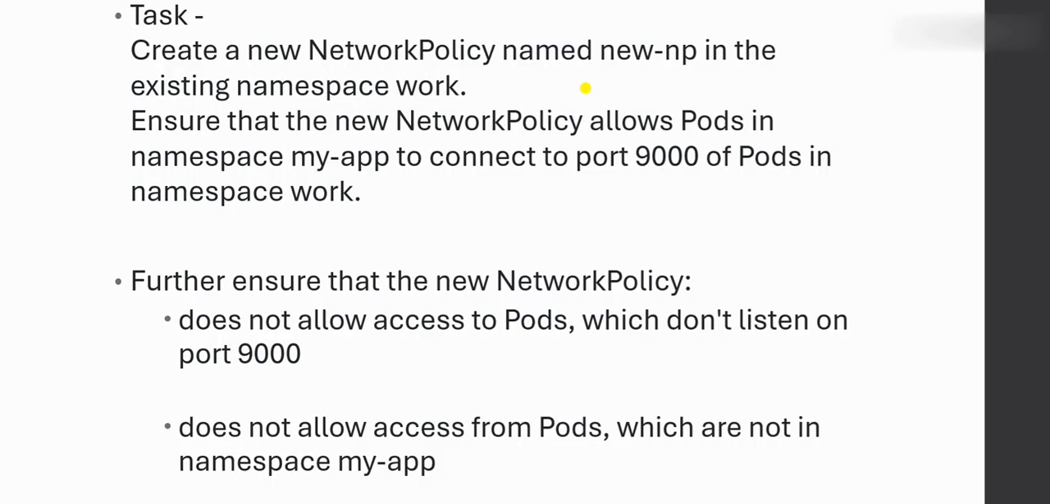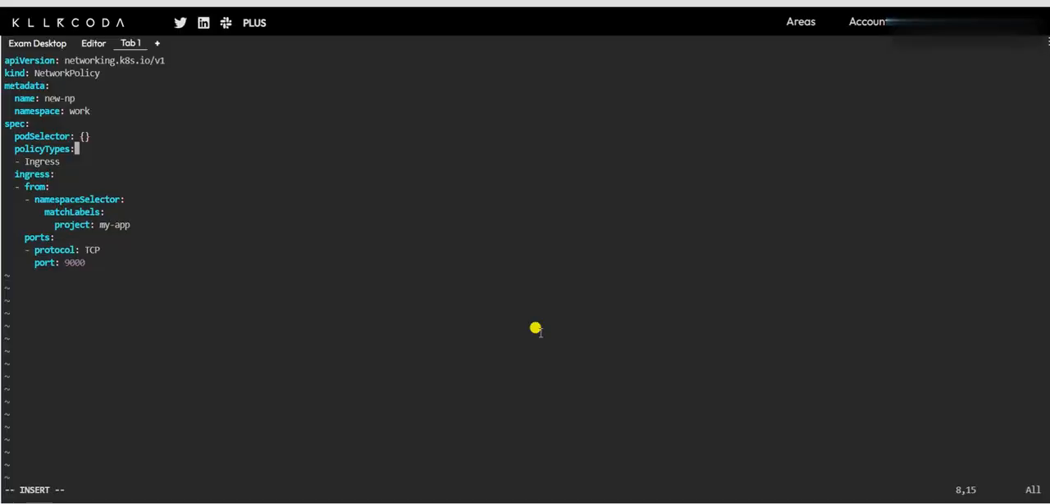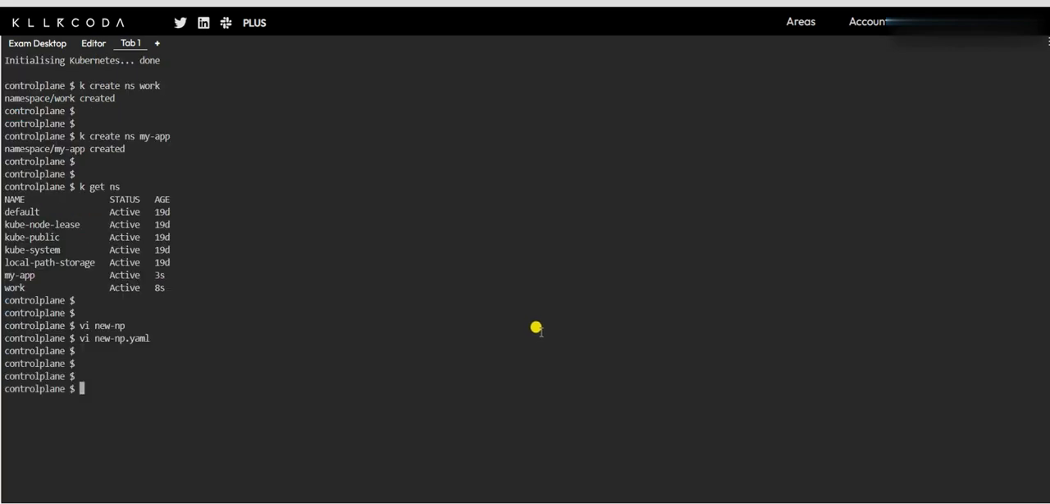If you want to recheck this, we have created a network policy. We have given the name new-np in the existing namespace, which is work, and we have mentioned my-app. So we need to select the match label here, but for now, we have created our network policy. I'll show you how we are going to label that namespace. Then further we need to ensure, so this is already done. We have already specified that the ingress policy will work on port 9000. So we are just going to save this YAML and